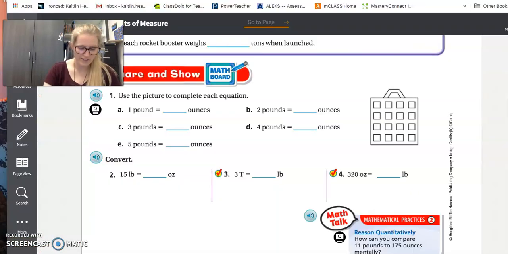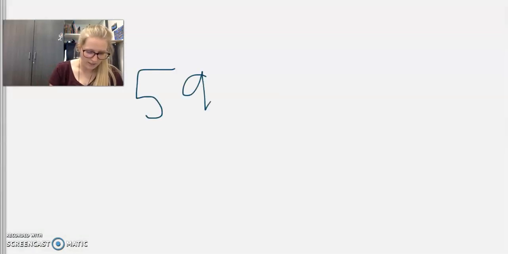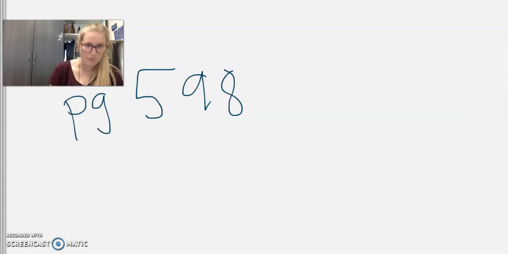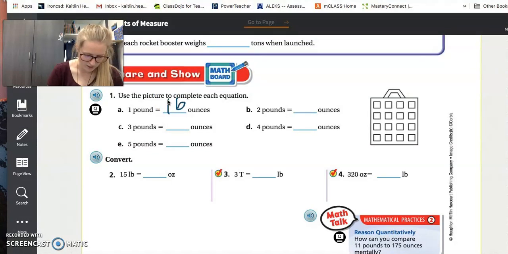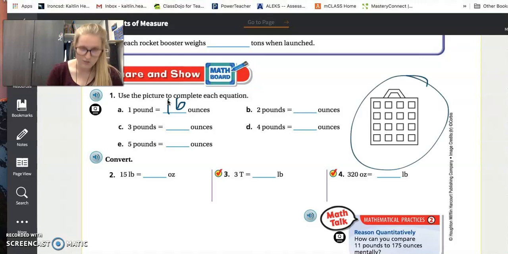All right, this is page 598. With that information, we're now going to do some assignments. Okay, page 598 is where we're at. Follow along with me if you can. So use the picture to complete each equation. 1 pound equals 16 ounces, which is our basic that we already know. And we can see that this represents 1 pound, and there's 4 by 4, so there's 16 in there. Now it asks 2 pounds